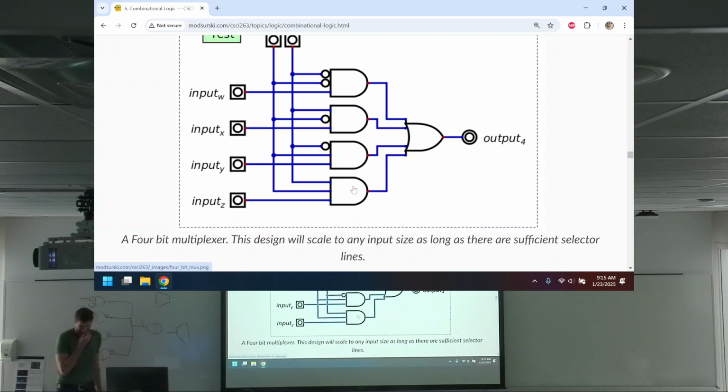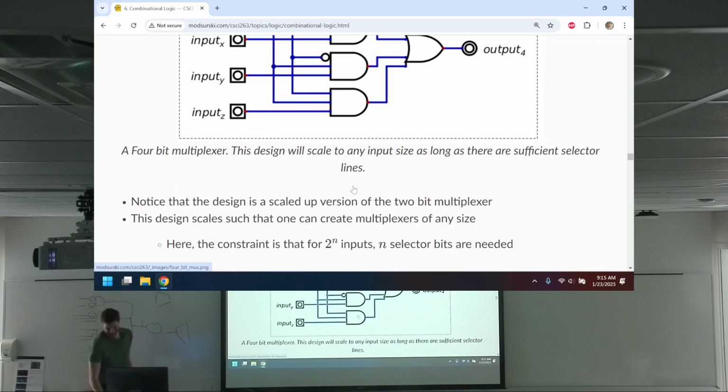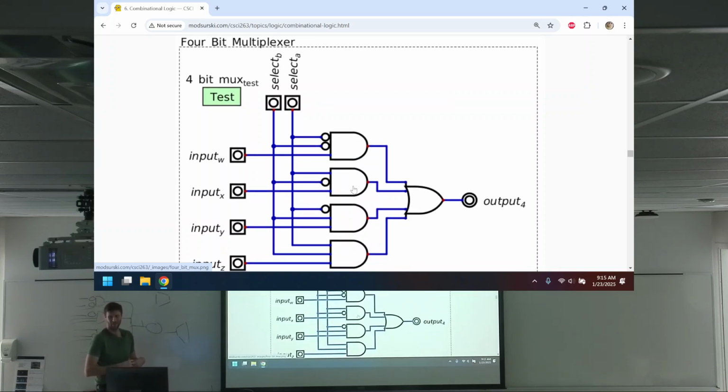What would a demultiplexer look like though? I wonder. I don't think it's too bad. Any ideas what the demultiplexer would look like? It's actually simpler than this, I think. Would it be